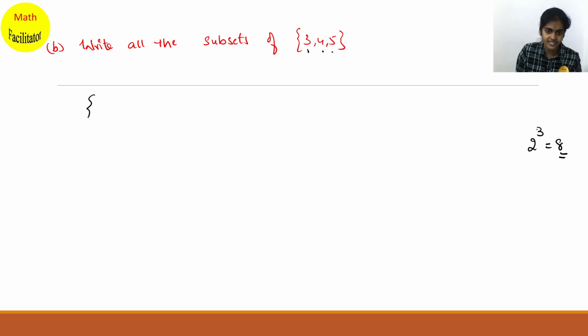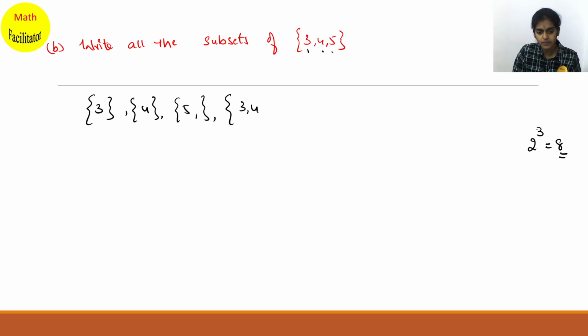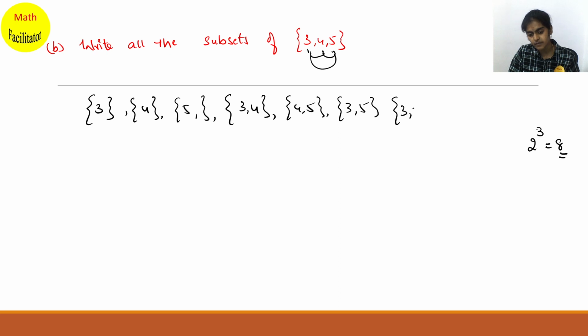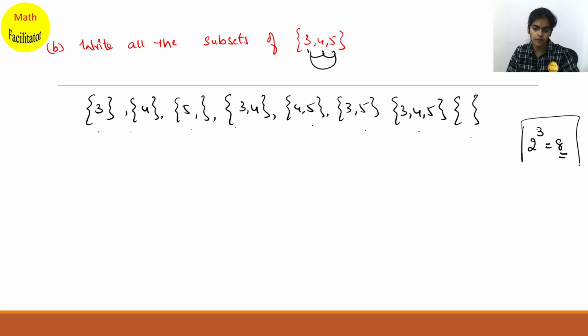Okay, so let us write the subsets. See, single elements I am writing: {3}, {4} and {5}. Okay, and you can write 2 elements taken together: {3, 4}, {4, 5}, {3, 5}. Next I can take 3 elements {3, 4, 5} at a time. See how many are there? 1, 2, 3, 4, 5, 6, 7. Now the empty set is a subset of all the sets that we know, isn't it? So include that also, total 8 subsets you got, right? So remember this formula so that you will not have any confusion. You will know how many subsets you have to write. Okay, you can count and check.